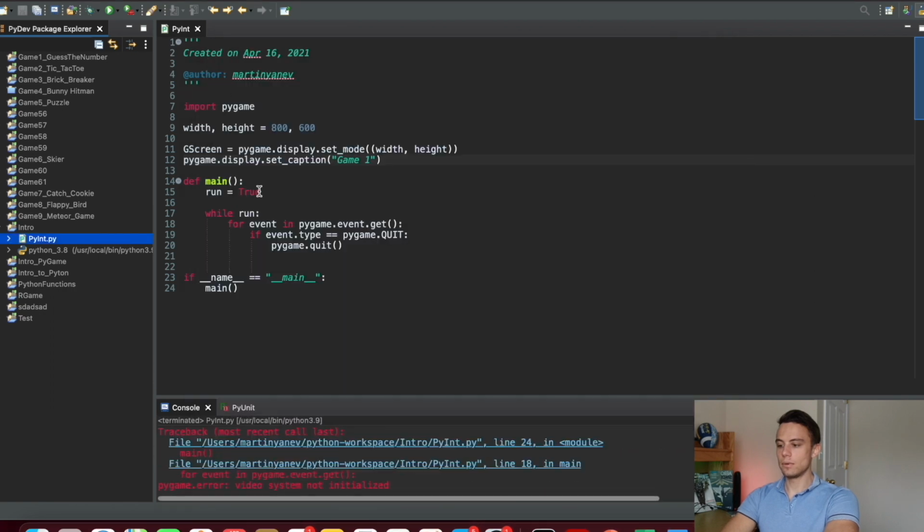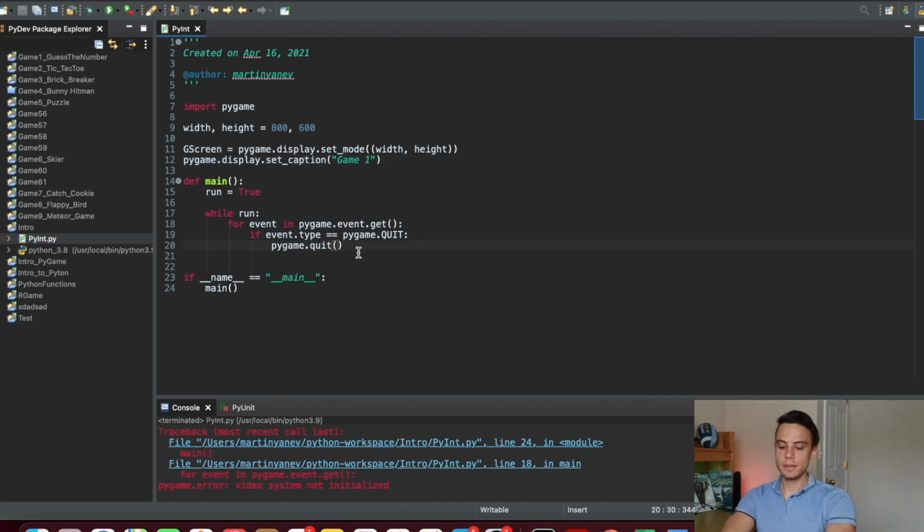Okay, now how do you fill your window with color? It is very important to know this, and you will see it throughout the game development. In Python you declare colors by the RGB standard, and RGB stands for red, green and blue. So you declare the red, the green and the blue colors, and this is how you define custom colors, and I will show what I mean by this. For example, let's write